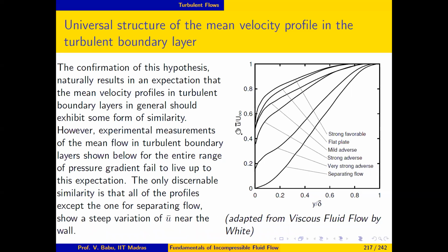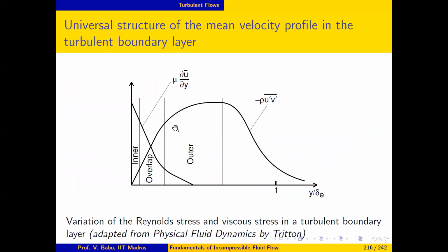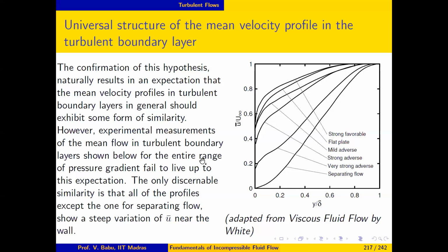So here we look at u over u infinity and y over delta for a range of turbulent boundary layers, starting with flat plate, very strong favorable pressure gradient, and then adverse and mild adverse, strong adverse, very strong adverse, it's separating flow. So the range of pressure gradient here covers all possible values, starting with strong favorable to zero pressure gradient in flat plate to mild adverse and strong adverse, and then separating flow. So if this hypothesis were to be true for all the types of boundary layer flows, then we generally would expect some kind of similarity between these velocity